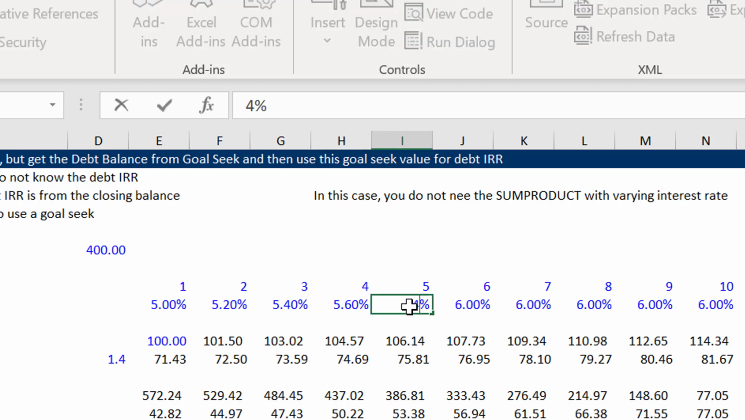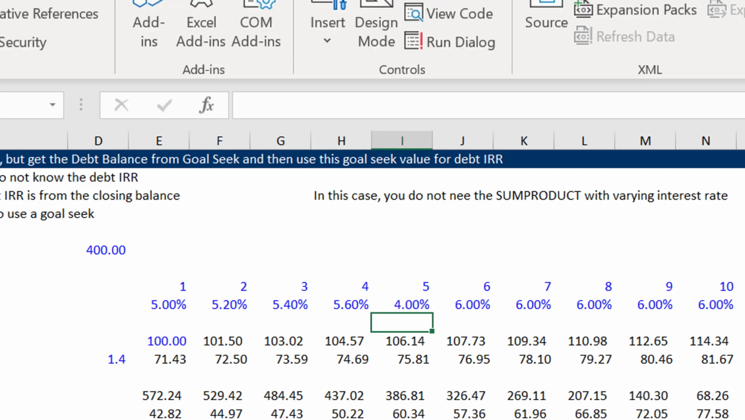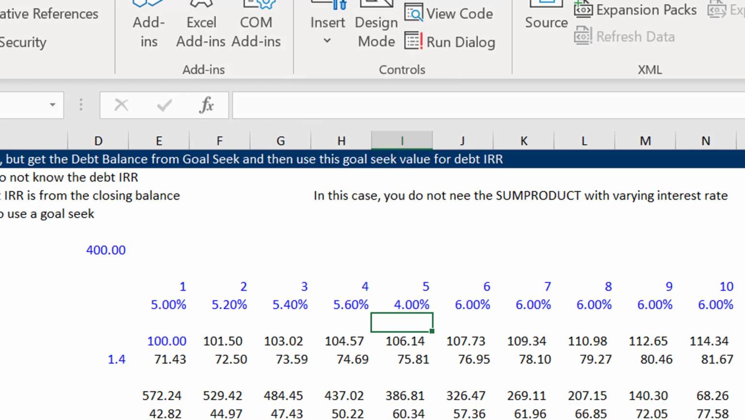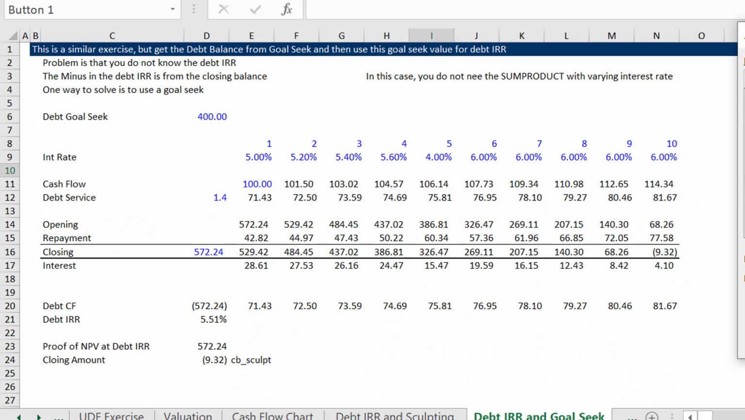Okay, let's change the rate here. Make this 4%. Then we have a difference, and of course we can put this in, and that's another way to do it. Now the reason I'm doing this is once we get to the multiple debt issues, we could,